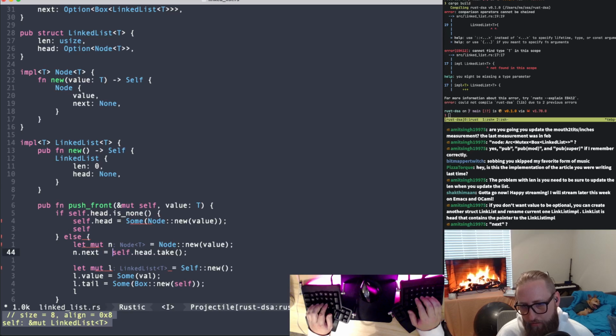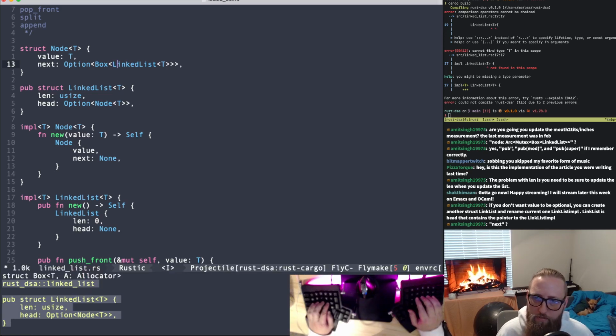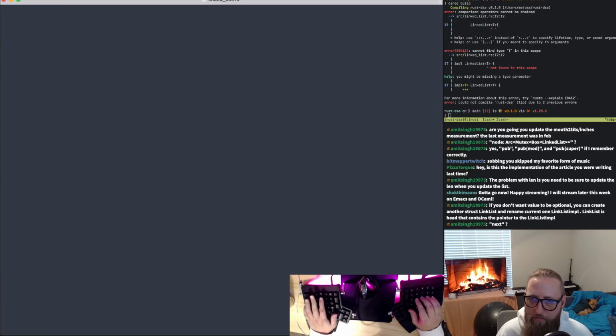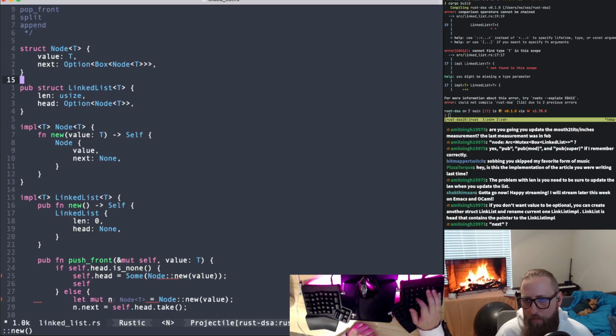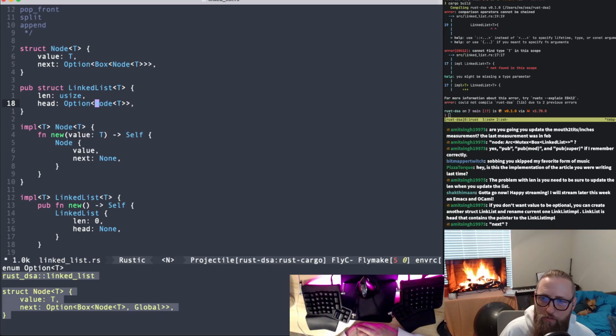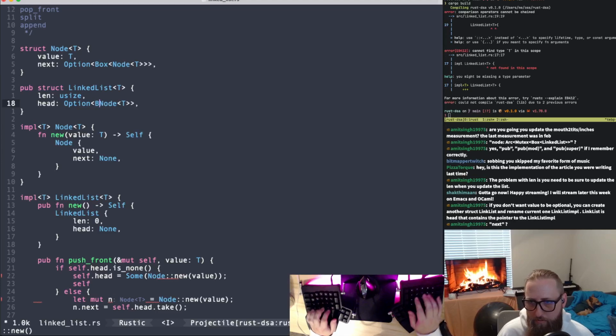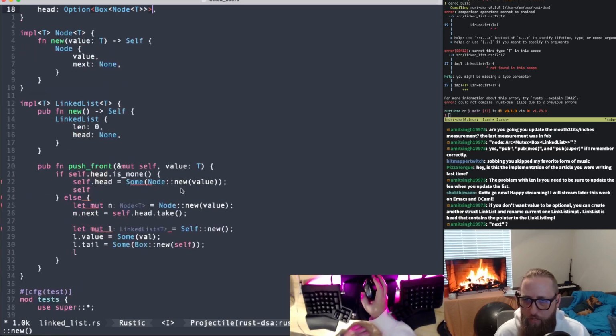So self.head.take is going to give me a sum, but the problem is that sum is just going to be an option node t. Didn't update this. This needs to be an option box node t. We could actually, let's see. So this currently owns it. Do we want to just make this a box and make this code simpler? Yes. I would say that we do. Because if we just make this a box as well,